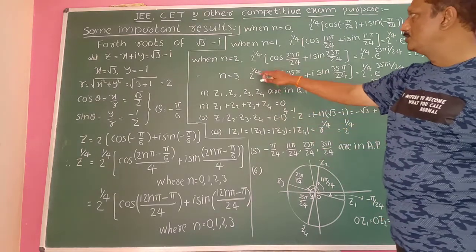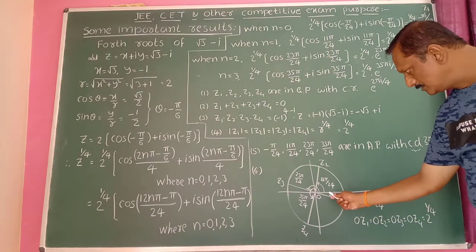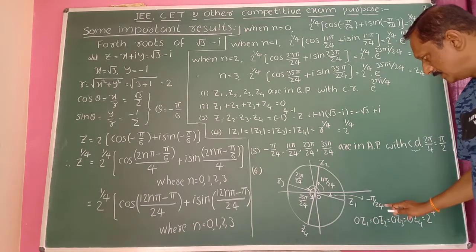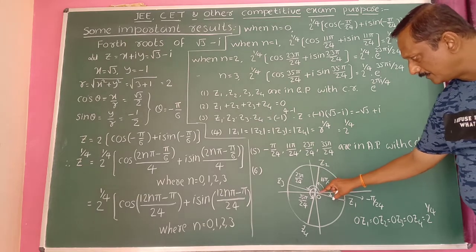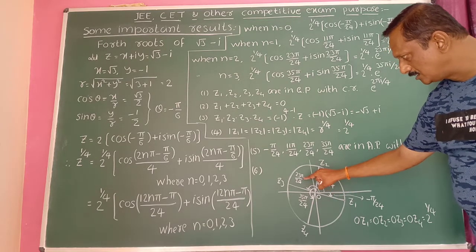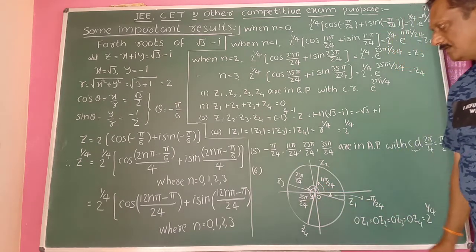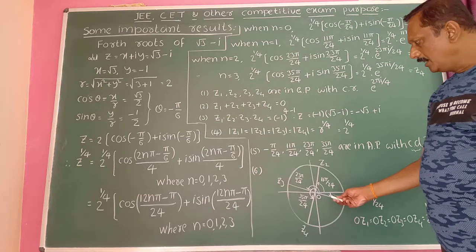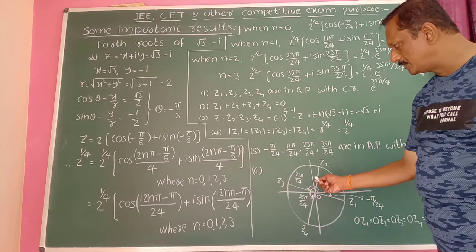Here 2 raised to 1 by 4 is the radius of that circle. Here this angle is this angle minus pi by 24, and this angle is 11 pi by 24. Total this angle is 23 pi by 24, and this angle is 3 pi divided by 24 here. And the angle between each of these is pi by 4, the angle between these two is pi by 2, the angle between these two